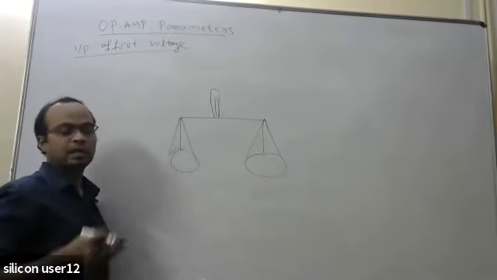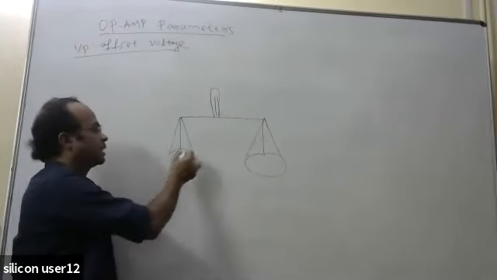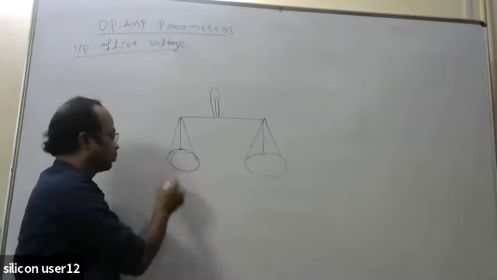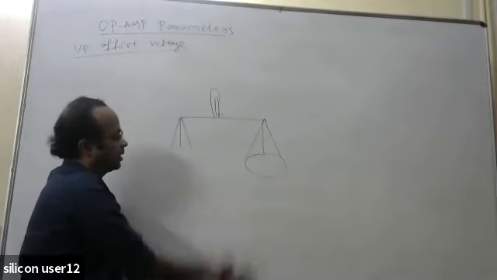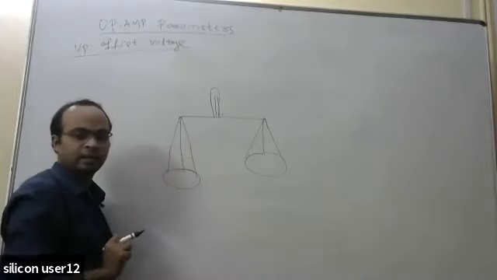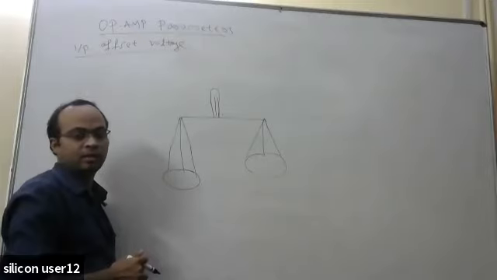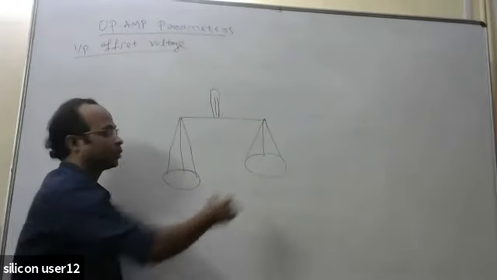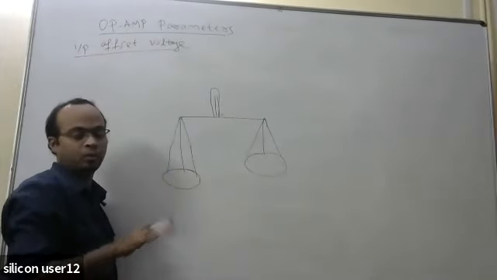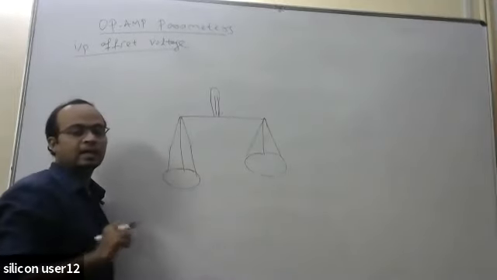But let us assume that due to some manufacturing mistake or problem, this side has a little bit more weight, so it is pulled down a little bit. So it doesn't stay here, this side comes down a little. Okay, so to counter-balance it, what do you have to do initially? You have to put some weight here so that they will be balanced. Before doing your actual measurement, you should ensure that both sides are at an equal level.